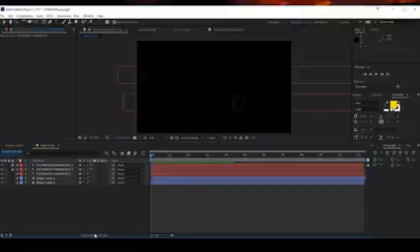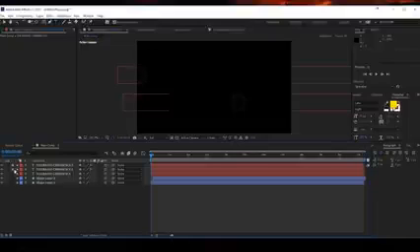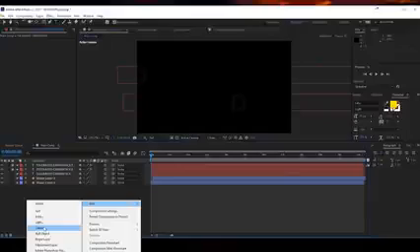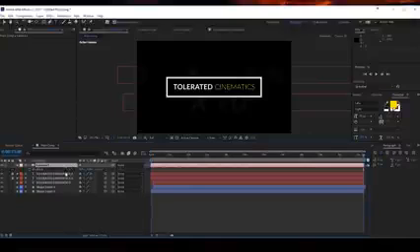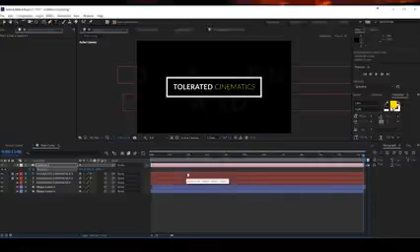And also for the next part, actually, I'm going to toggle my switches and make everything a 3D layer, and lock them again. And then I will add a camera to my scene here. So add a camera, 50 or 35, click OK. Press P on the keyboard for the position of the camera, click on the stopwatch for that camera, and also move that keyframe to around